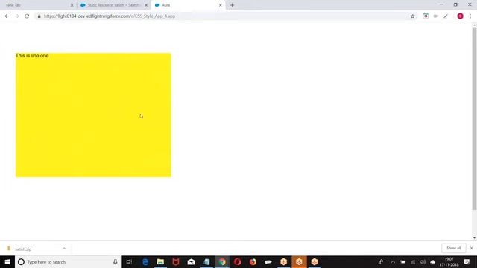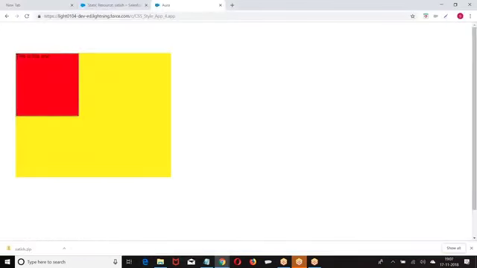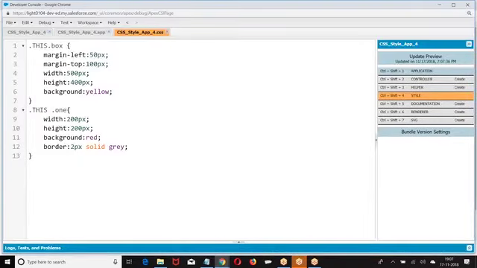If you want to apply the style for nested elements, what should I do? Dot this. Right, boss? So when you are applying the styles for the class also, we have to define it in this way. Dot this, dot for. Are you clear? So this is applying the styles. So either it will be outer element or inner element.